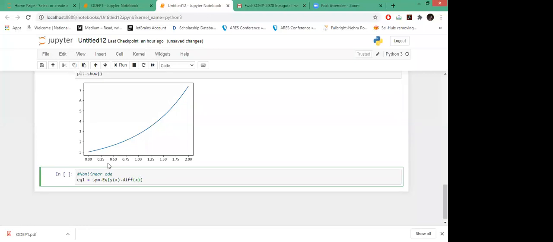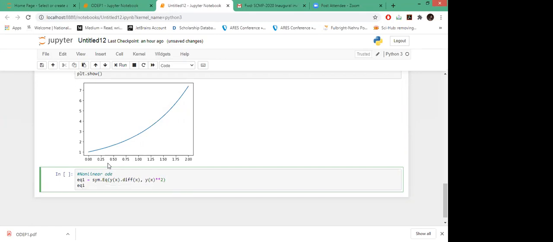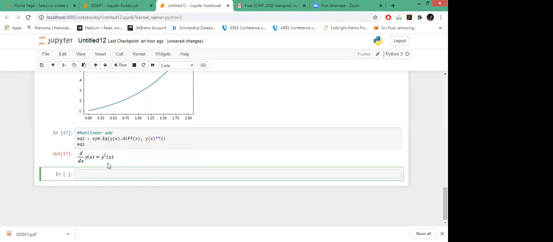So this is my equation dy by dx with y on the right hand side. Now I want to solve and check for the equation dy by dx equals y squared. Again the same thing, I'll use the initial condition y(0) equals 1 in this case. So let's check the solution for this.